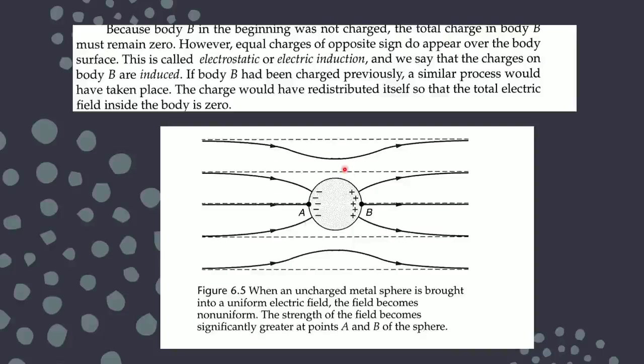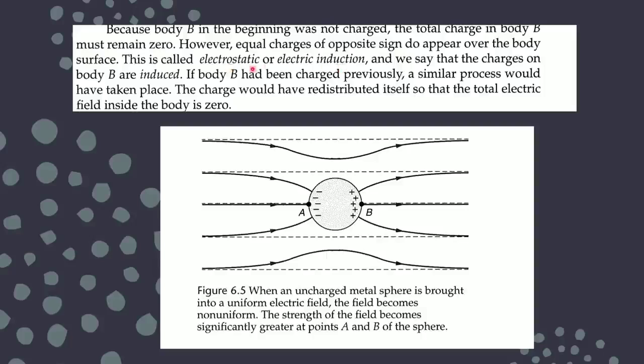This is again to show you the same thing, when an uncharged metal sphere is brought in a uniform electric field. Now what is happening? I have a uniform electric field, but I am bringing an uncharged conductor inside it. So the field lines will get deviated the same way as I explained in the previous slide, because the charges are getting collected here, and because of that only the field lines will transform like this. But of course at every point it has to be perpendicular.